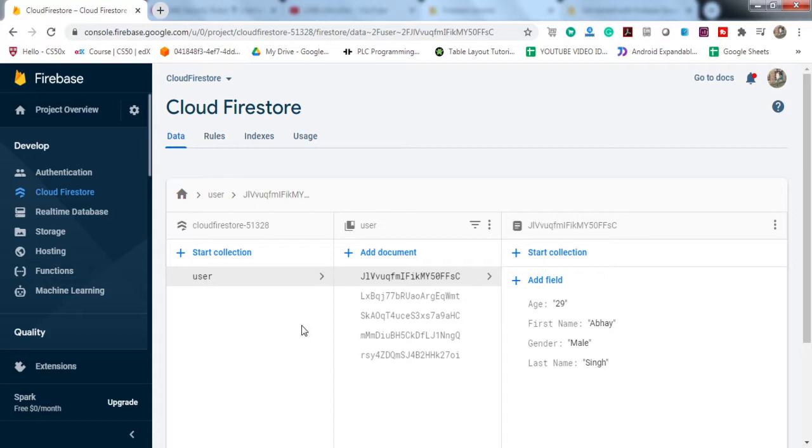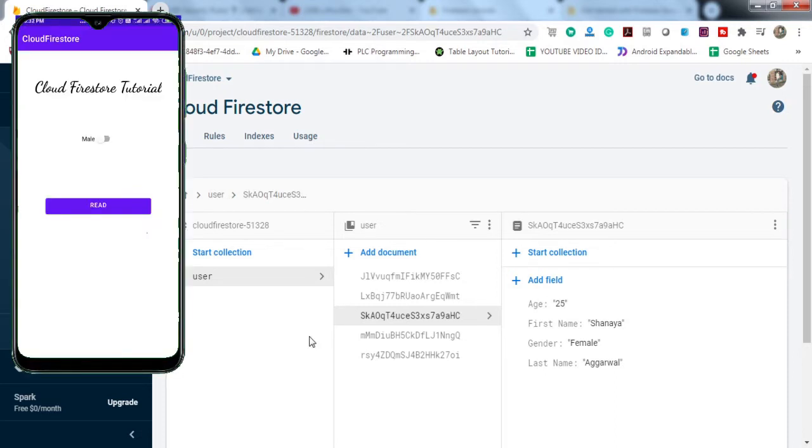So today we're going to learn how to read the data from the Cloud Firestore, right? How to implement the process. So here you can see we have like 5 documents. We're going to read this and we'll learn how to apply the where clause. Like if you have to apply a filter on the data, then read the data. How do you do that, right? So first let me illustrate what we're gonna get by the end of this tutorial, right?